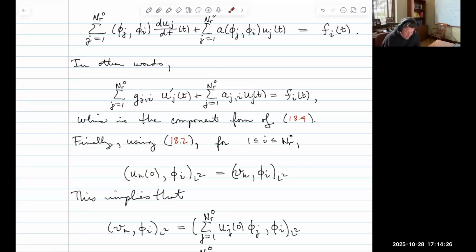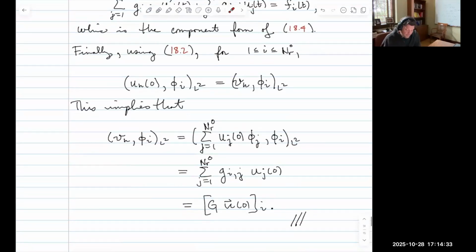Let's insert then the expansion for U_h. Okay, insert the expansion. We're going to move this guy to that side and this guy to the right-hand side. So this goes to the left-hand side, and we're just going to move that to the right-hand side. I've inserted that expansion in here. All right, and what I see coming out is I can pull out the sum,